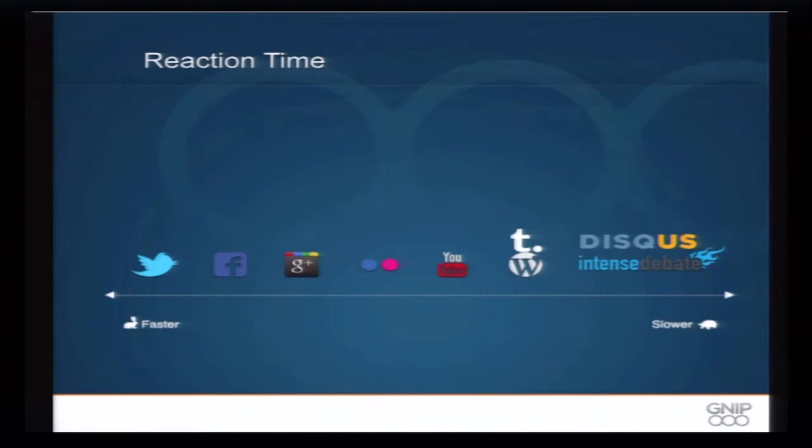So this is a pretty simplified chart, but if anything, I hope it illustrates the fact that the data obviously is going to all have different content in it, but it's going to have different use cases as well. So if we're talking about some PR events and things like that, Twitter is going to probably break news fastest. It's short messages. Again, there's not a lot of depth and thought. Whereas if we're moving to the other side, into WordPress, Disqus is a commenting platform on like CNN, for example. If you want to leave a comment, you'd be using Disqus. These are going to be forms of social media that have a little bit more time to actually generate.